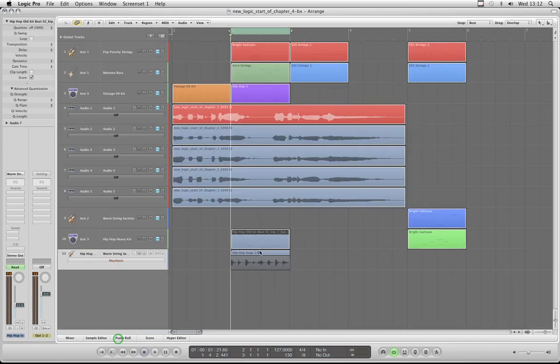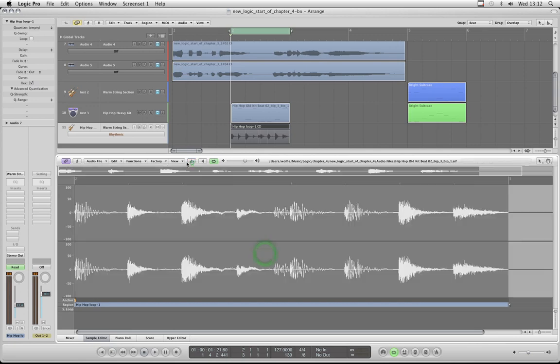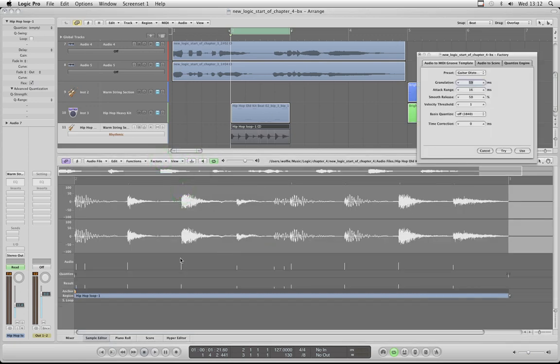drums. Okay, and the reason for that is when Logic does its detection to create the MIDI groove template, it's just putting a vertical line at the peak of each hit. Now there's a snare here, but there's also a hi-hat, but the hi-hat is not as loud, so it's being masked by the snare, and Logic just detects the loudest drum, the snare. And then here there's a kick, but there's also a hi-hat there, but again the kick is way louder and it masks the hi-hat, so Logic only detects the energy of the loudest drum, which is the kick at this